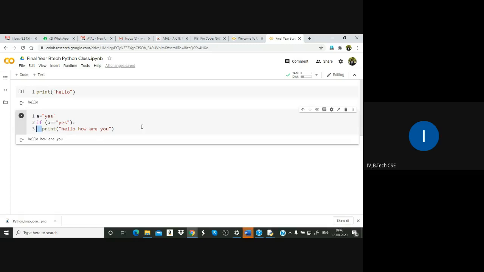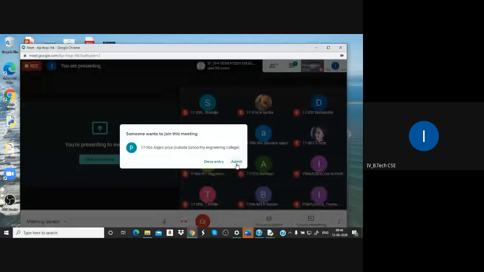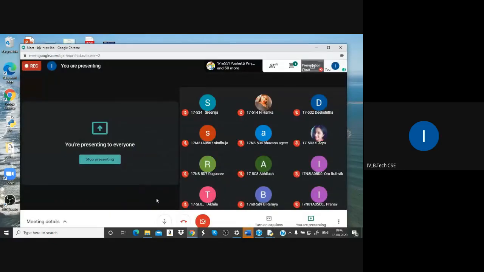This is very, very important in Python. In Python, there will not be any brackets or anything. Please remember, Python indentation is the only thing.